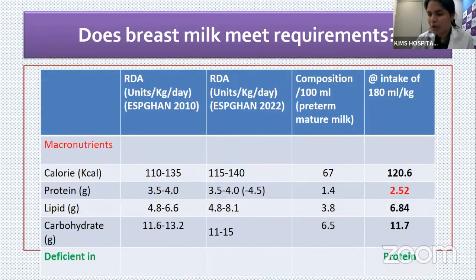So we will move on now to fortification, which is another important domain, and we should also discuss something about supplements and probiotics in preterm babies. So why do we discuss fortification, and what is the need for fortification? This is because, as you can appreciate in this table, despite giving maximal volumes of enteral feeding, say 180 ml per kg or maybe 200 ml per kg of preterm mature milk or mother's own milk in preterm newborns,